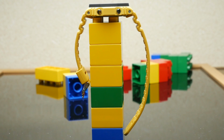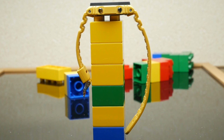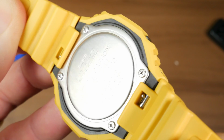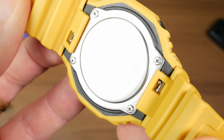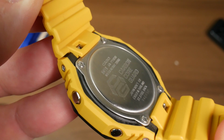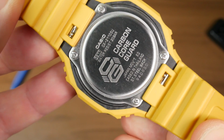But what is innovative about this one is, I think, the style and the thinness of it. So this is, I believe, the thinnest G-Shock that they've ever made. I think it's only about 12 millimeters thick, and that's due to at least one technological innovation. They've come up with this carbon core guard that's like some kind of carbon composite that they've embedded into the case that allows them to make the case lighter and thinner, and yet still have that G-Shock toughness,